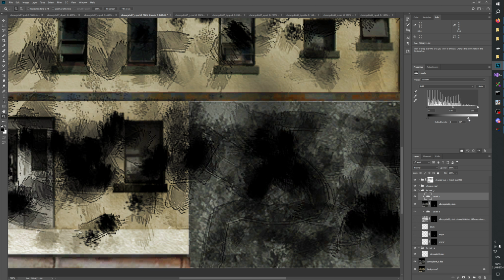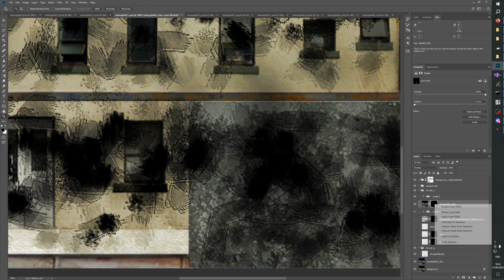That's not good. But we can put it somewhere close. Yeah, like this maybe. And then we can maybe take, first we apply this mask. We make a new mask. We take that. We delete the mask again. We create another new mask like so. And then we paint